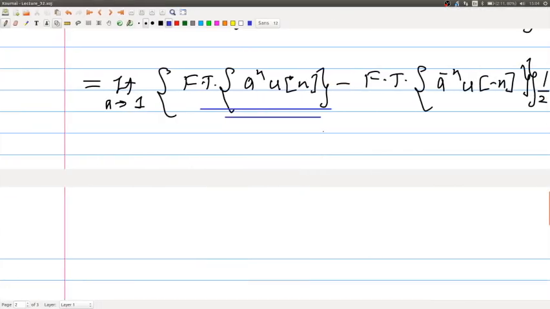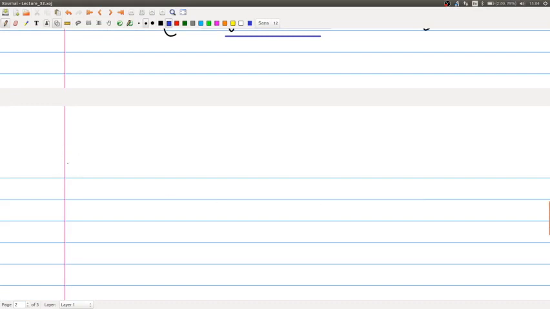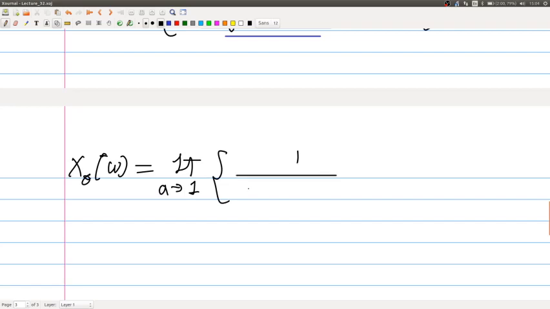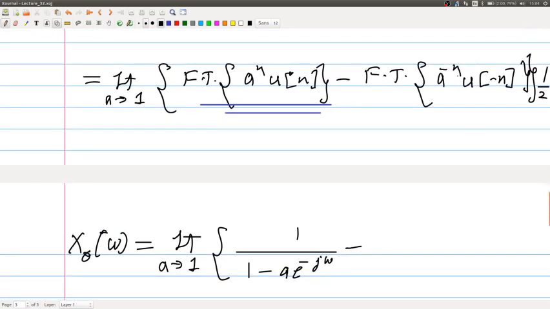So we have X odd of omega as limit a going to 1 upon 1 minus a e to the power minus j omega minus, what is this? This is Fourier transform of